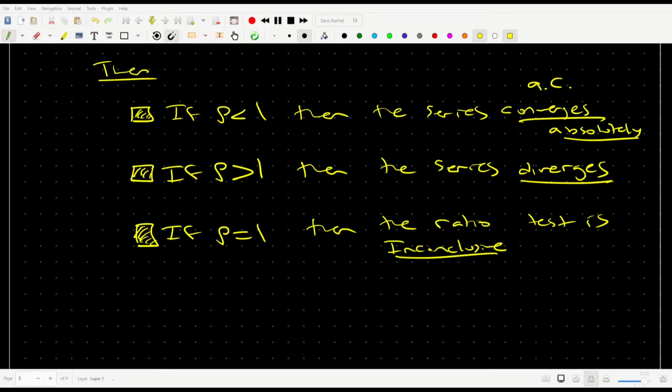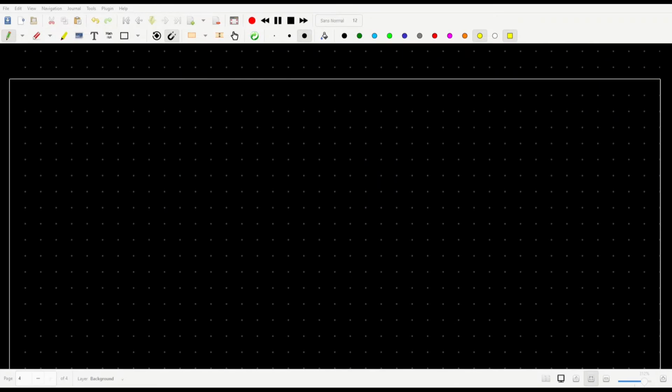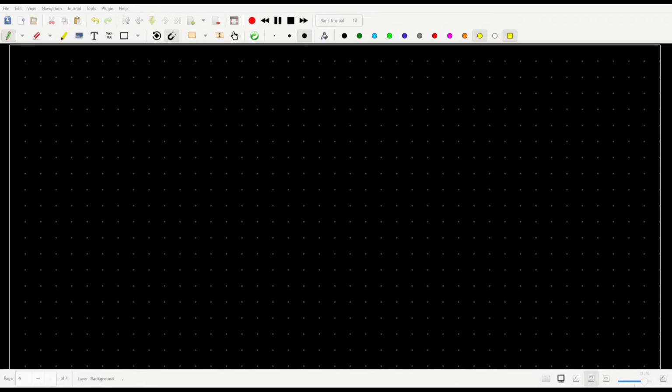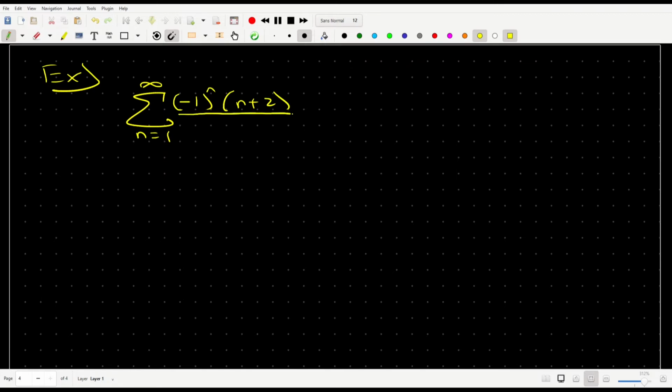So what I want to do is go over an example right now. And this example is just going to be a relatively straightforward example of applying this ratio test to show convergence or divergence. And this is going to be the sum from n equals 1 to infinity of negative 1 to the n times n plus 2 over 3 to the power